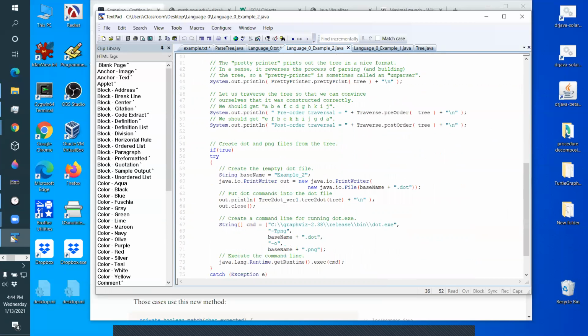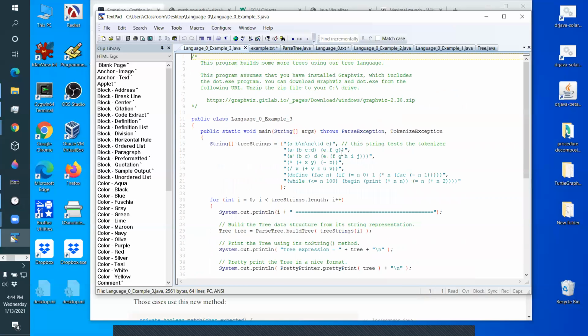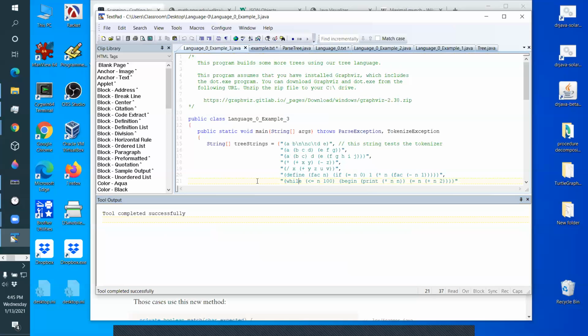And the next example in that folder just does a bunch of strings. See, what it's going to do is build an array of strings and then just parse them one at a time. So it's going to loop through that array of strings, and it's just a way of doing a whole bunch of examples. Okay? So it's just going to build that tree, then build that tree, then build that tree. Okay. Now, when it does this, if I compile it and run it,